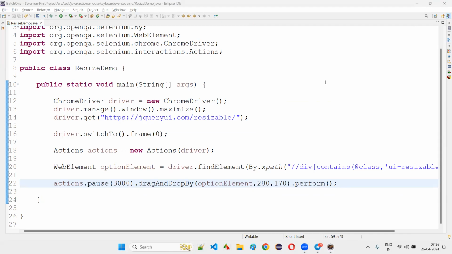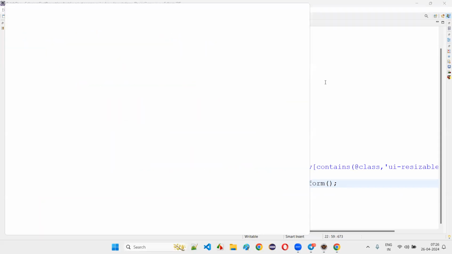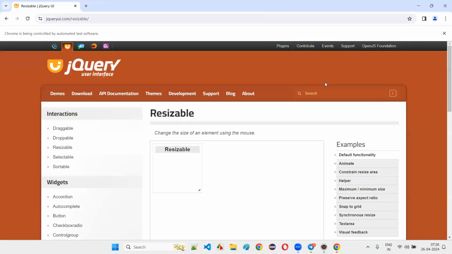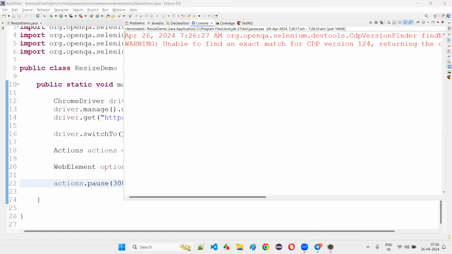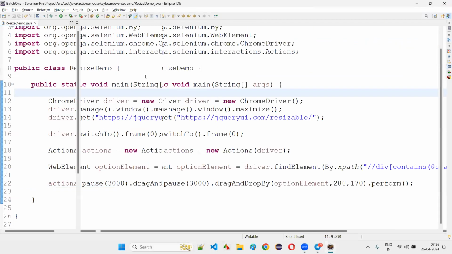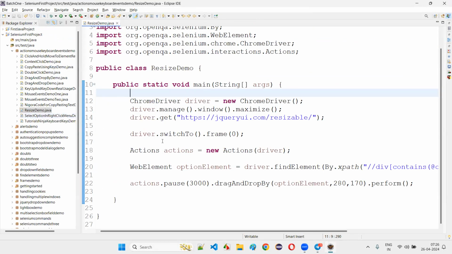We are able to resize that element, that is very important. And if you go out of the size, you're getting move target out of bounds exception. Yeah, there is still some scope here, but that's okay. Let's not worry about that. We have tried whatever we have. If you are going out of those bounds, whatever the possibility, you are getting move target out of bounds exception. Okay, fine. Next one is